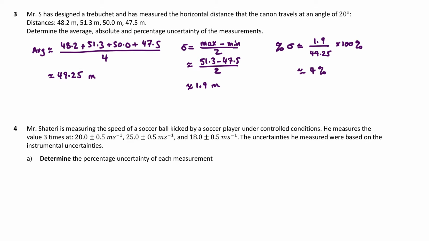So in order to write the measurement properly in terms of the uncertainty and the average, the uncertainty is always one significant figure. There are some rules in which you can change that, but for now we're going to keep it. And since this will then have no decimal places, for my measurement I will get 49 plus or minus 2 meters as my final answer,